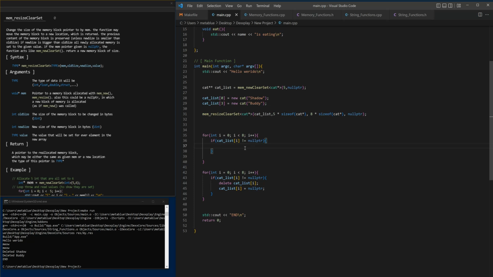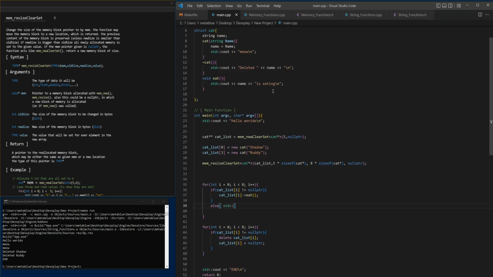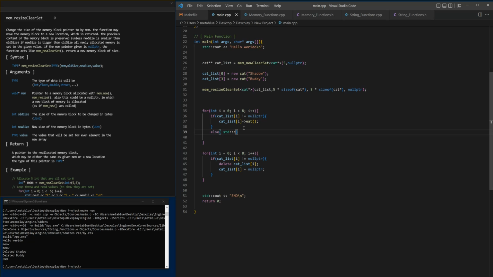So, now, normally if you're dealing with a cat, you would put cat dot eat. But because this is a pointer, we have to reference the function with an arrow. But I always say, you know, a pointer needs a pointer because that's an arrow pointer. But also, else std, make sure there's a new line in there. Yep. Okay, std cout